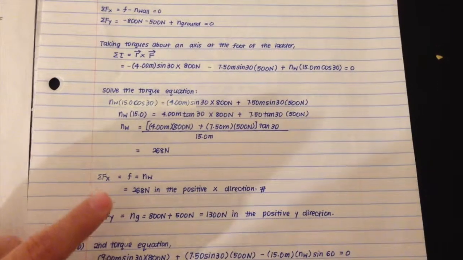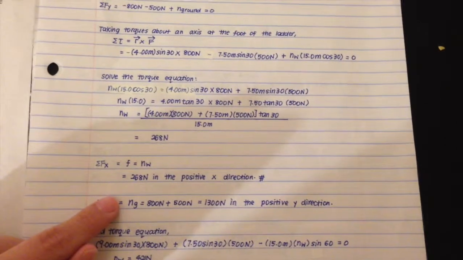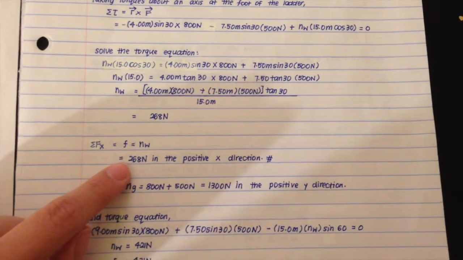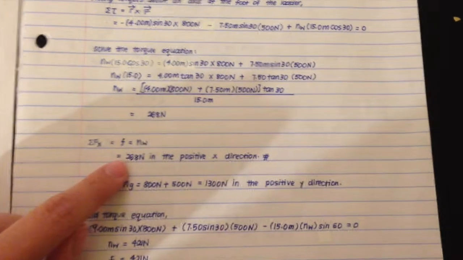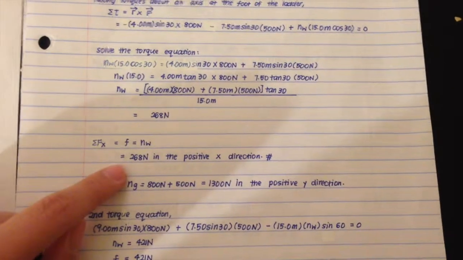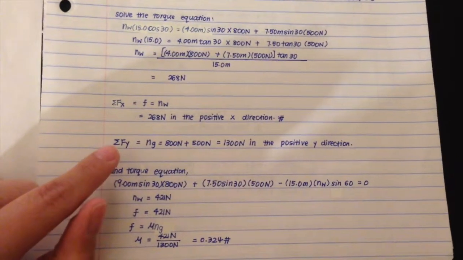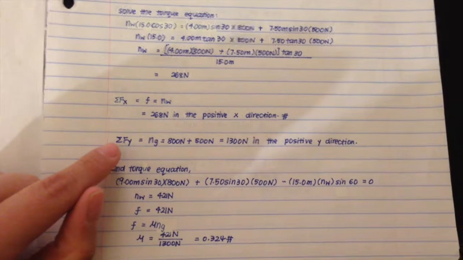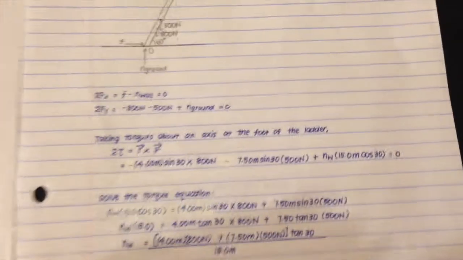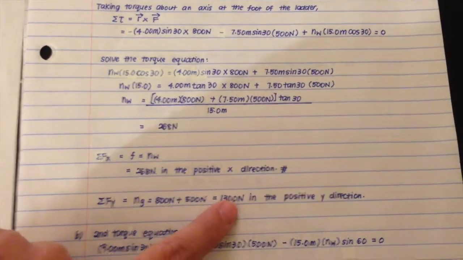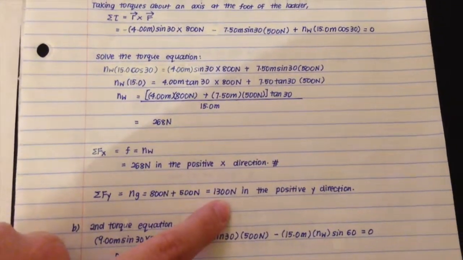Since we know that the friction force is equal to the normal force exerted from the wall, the static friction force is also 268 newtons in the positive x direction. To find the force exerted by the ground on the ladder, we use the second equation, which eventually gives 1,300 newtons in the positive y